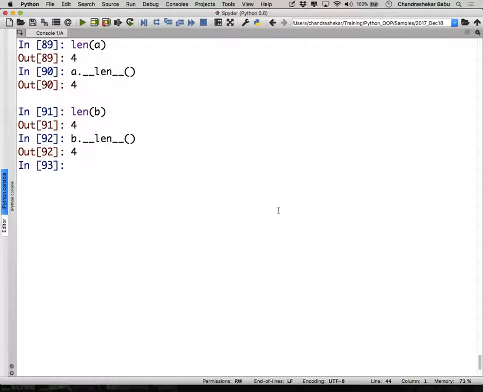A very practical object oriented design in comparison to the purist core design as prevalent in C++, Java, C#, and the statically typed languages. In statically typed languages, you will actually explicitly say array.length, because all of us were made to believe that you can't have a function outside an object. Every function must be a method of an object. That's what we were made to believe, at least from a Java perspective.